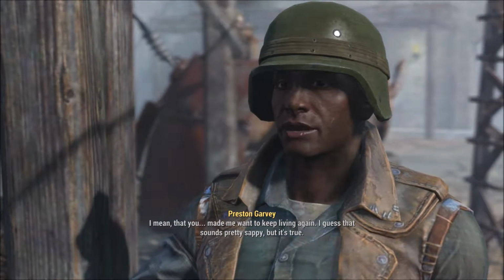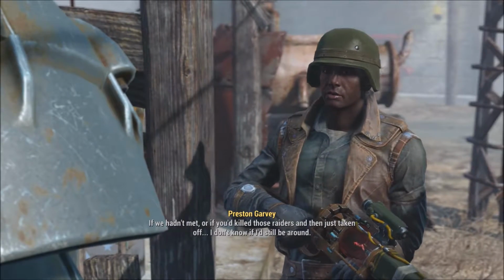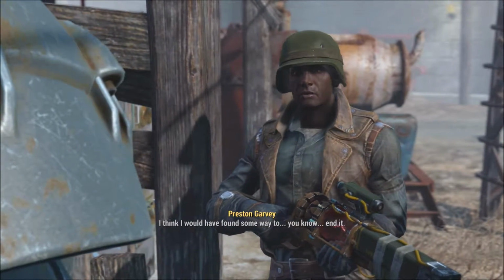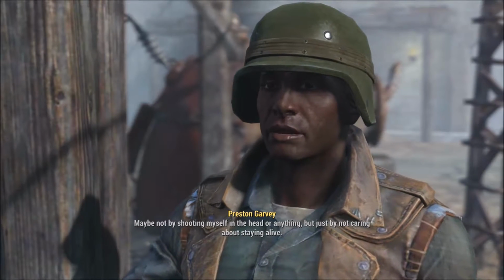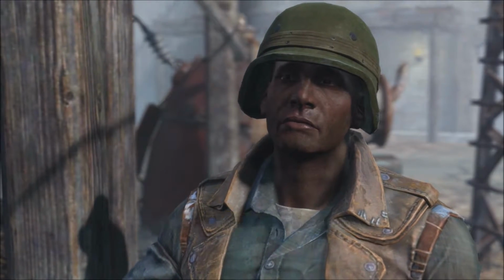I guess that it is sounding pretty sappy, man. We're about to get attacked by the Institute, and you're talking about this now? Without you killing those raiders, I think I would have found some way to, you know, end it. Maybe not by shooting myself in the head or anything, but just by not caring about staying alive. So...